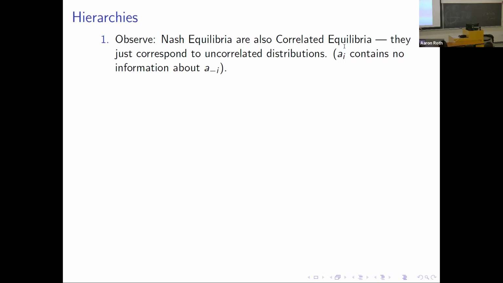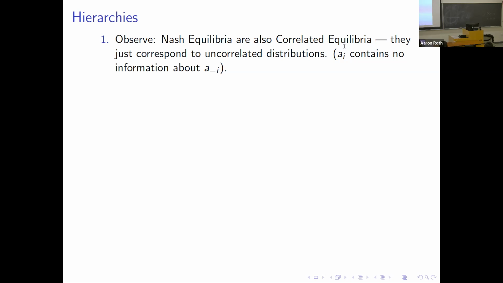But it is a distribution in which the two actions are independent. And so learning my part of the recommendation tells me nothing about your part of the recommendation because there's no correlation, right? Like if we're playing rock, paper, scissors, and I close my eyes and pick a random number and decide for myself that I'm playing scissors, that does not give me any information about what you're going to play. And so in particular,